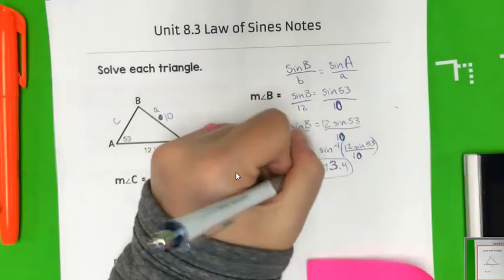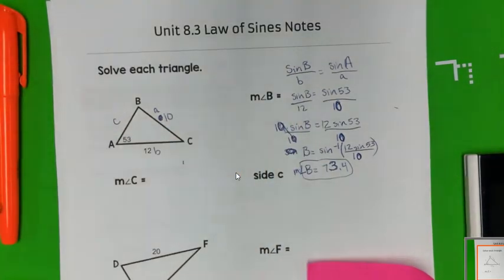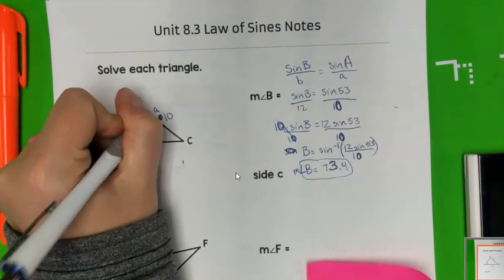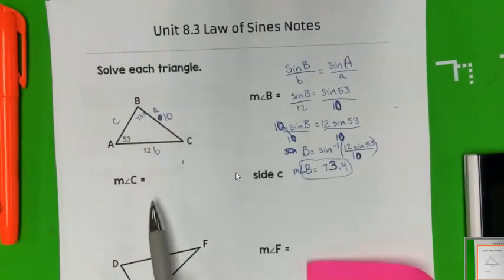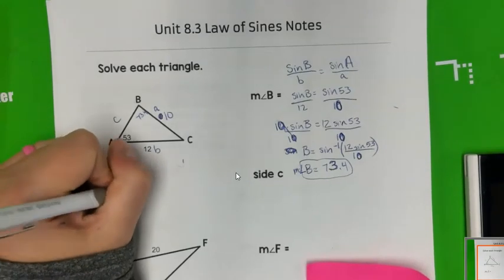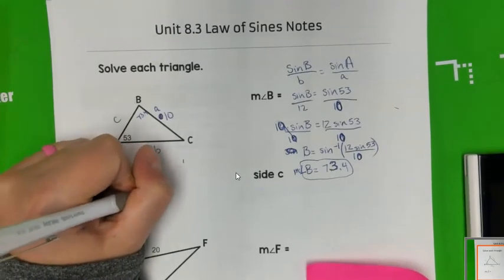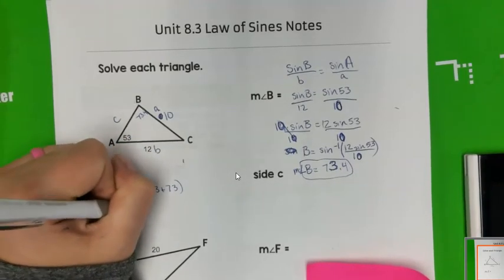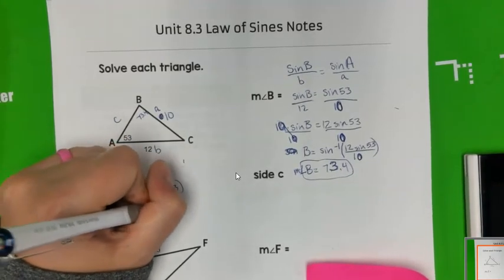And that's our angle B, so the measure of angle B is 73.4. I'll write that here, 73.4. And then the measure of angle C is pretty easy to find because it's just 180 minus the sum of 53 and 73. So 180 minus